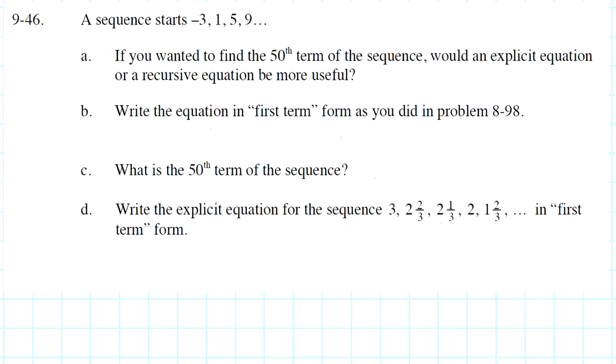Chapter 9, question 46. A sequence starts -3, then 1, then 5, then 9. If you wanted to find the 50th term of the sequence, would an explicit equation or a recursive equation be more useful? Well, obviously this is going to require that we understand the difference between an explicit and a recursive